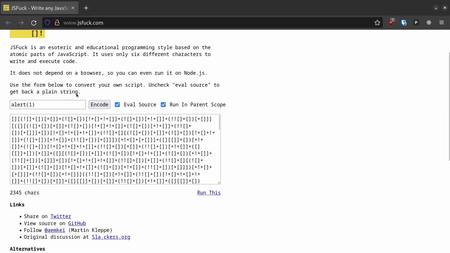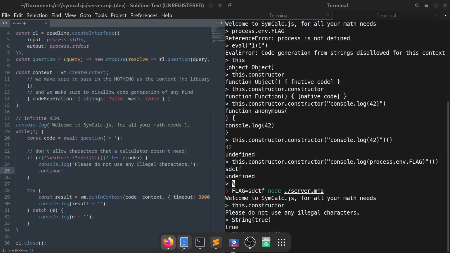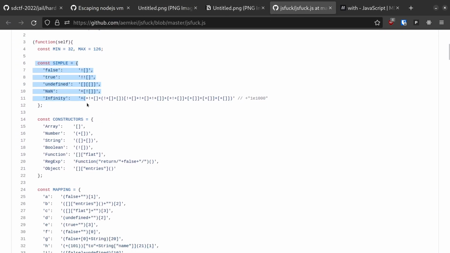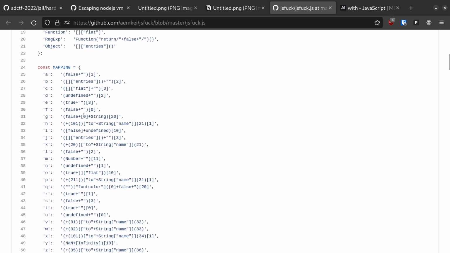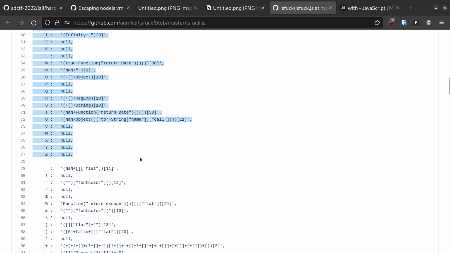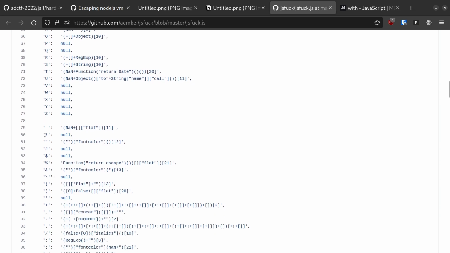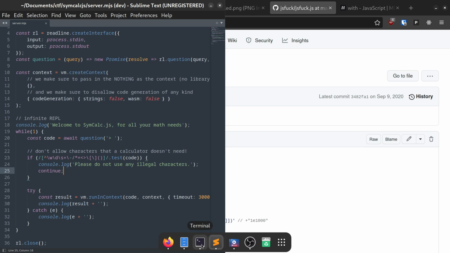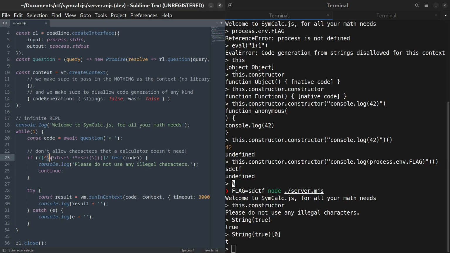If we visit the source code, we can see that each character is mapped to some unholy code golf that produces that character when executed. Spoiler alert, this tool won't work on this challenge because the exclamation point is not an allowed character. We do, however, have access to quite a few characters that JSFuck doesn't use, so there's a good chance that we can do something that is a little bit less painful than this.